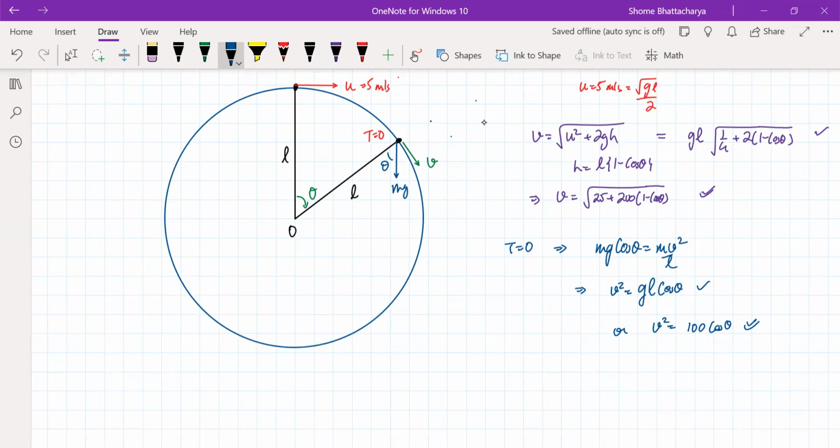Okay, so we are solving parametrically, then considering this as our first condition and this as our second condition,